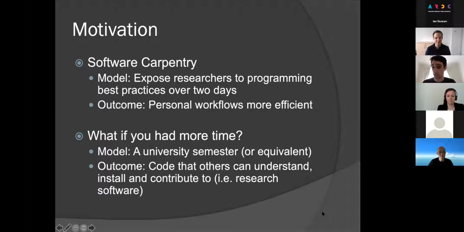And so we thought, with that extra time, you could get people to the point where they're not only able to make their personal workflows more efficient, but can write code that others can easily understand, install, and contribute to, i.e. writing research software, basically. And so once we committed to this idea of essentially writing Software Carpentry, the university course,